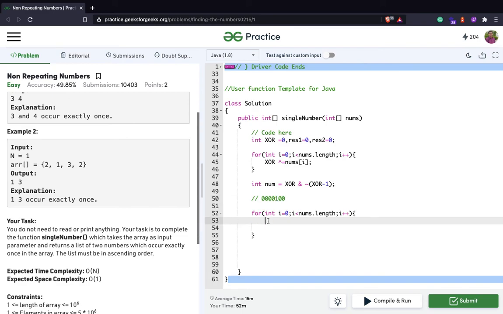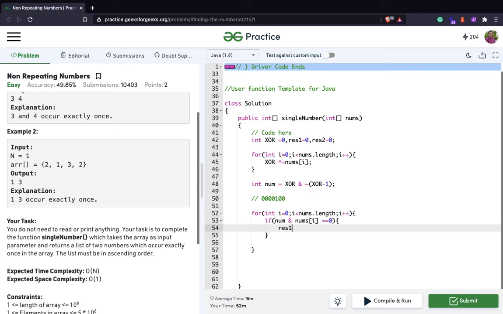So we'll do it like this: if num AND arr of nums of i equals 0, we'll check this with an AND operator, because in the AND operator 0 is the most powerful: A AND 0 equals 0. Then we'll simply do the XOR.